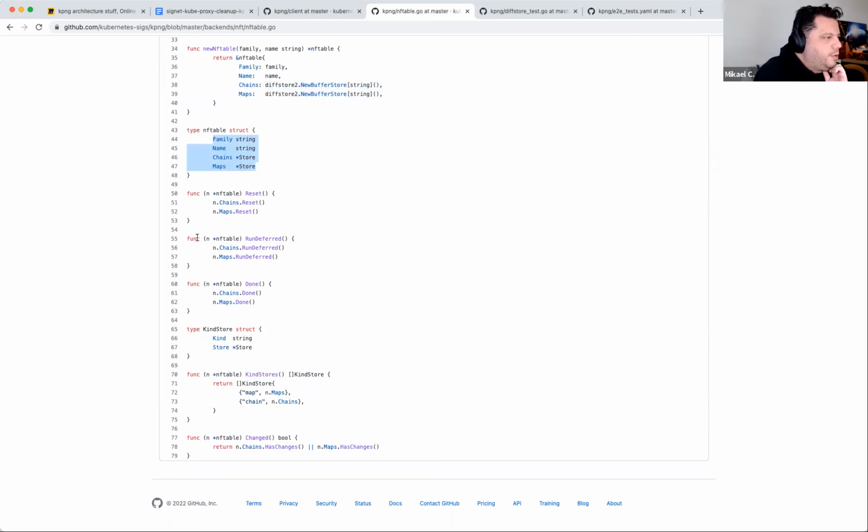And then I've just put some helper functions to call the interface and both stores when I want to call it on the nftable. That's really just that. Right.